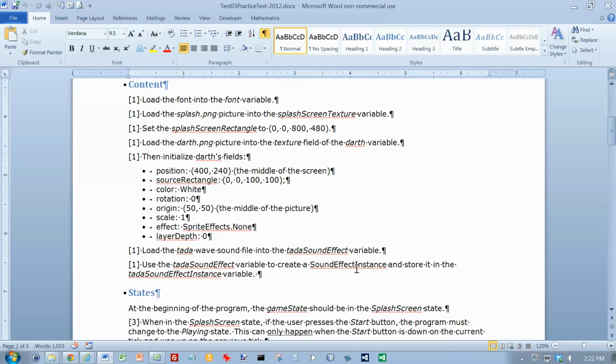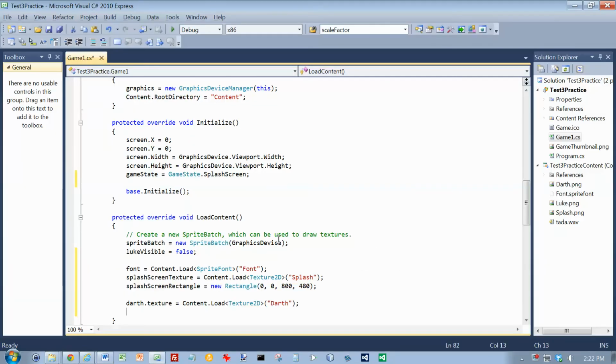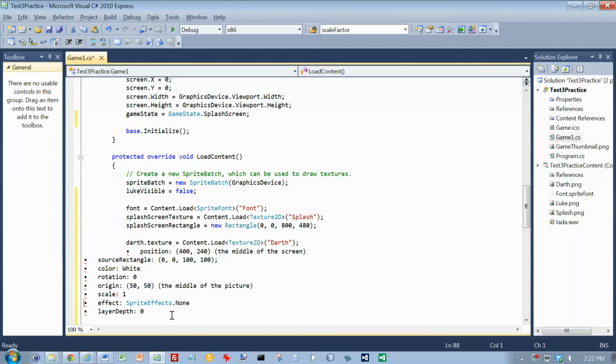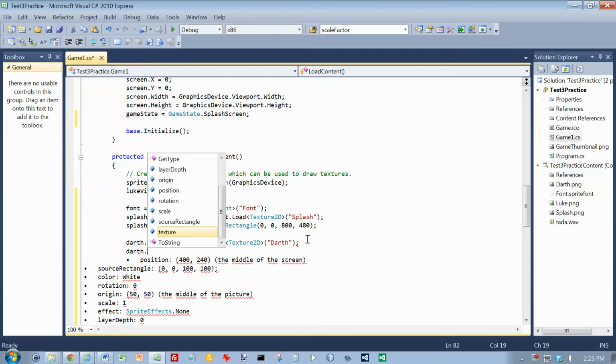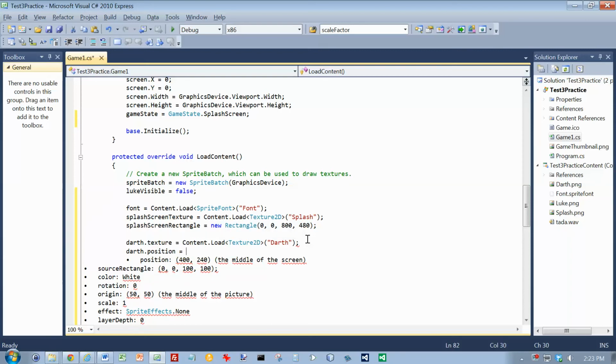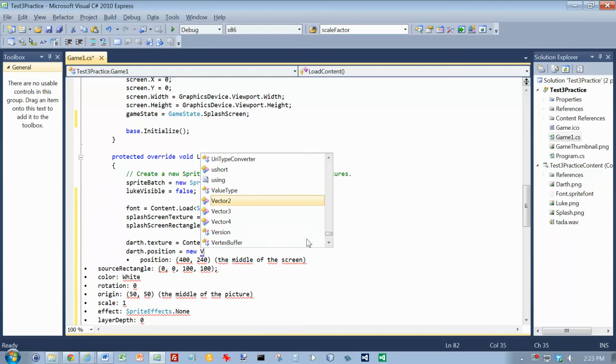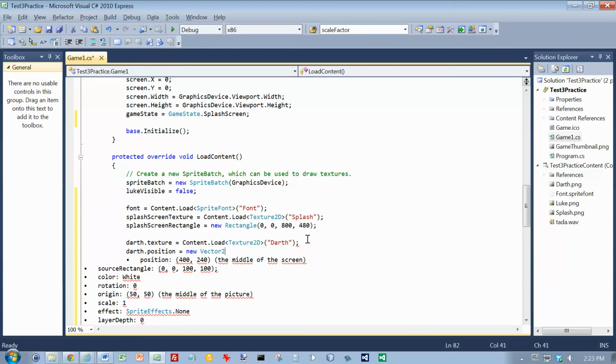And then we got a bunch of fields we want to initialize here, and to make my life a little bit easier, I'm going to copy those over and open up a blank line here, and that didn't do much good opening a blank line. But Darth dot position equals new vector 2